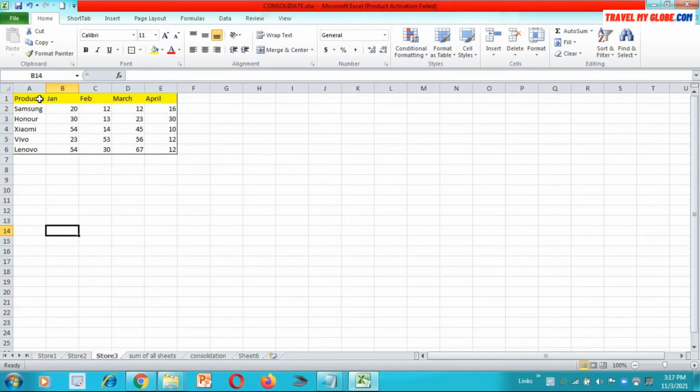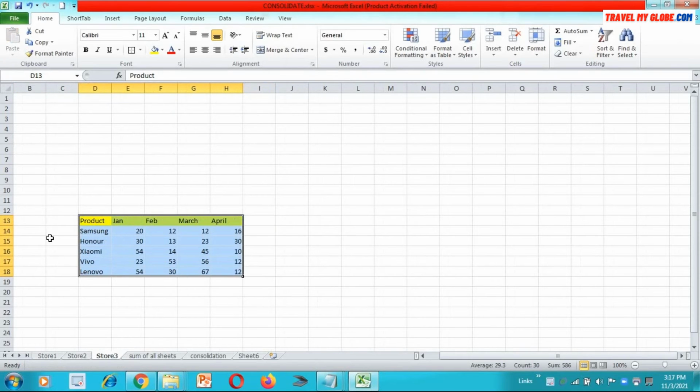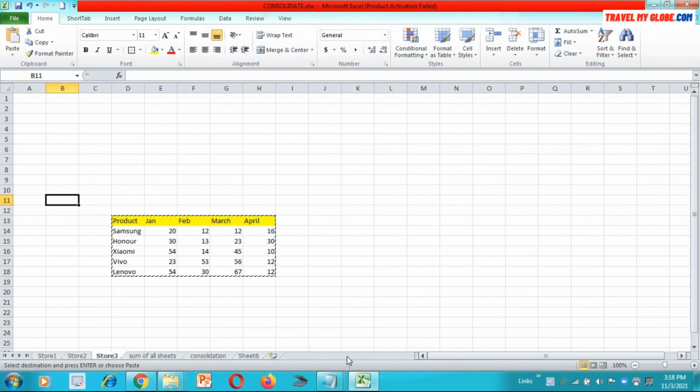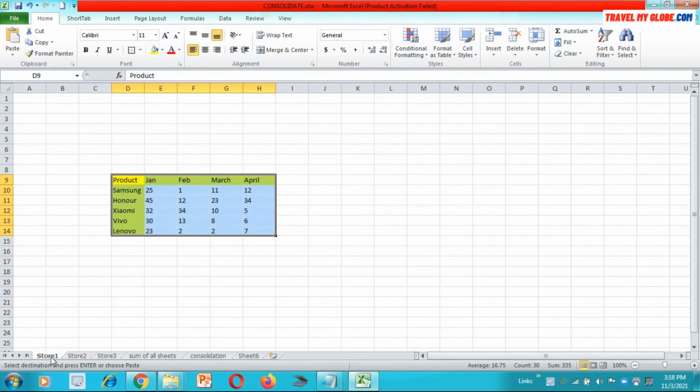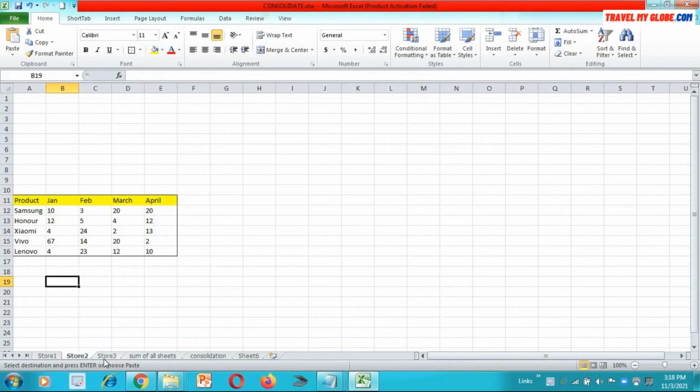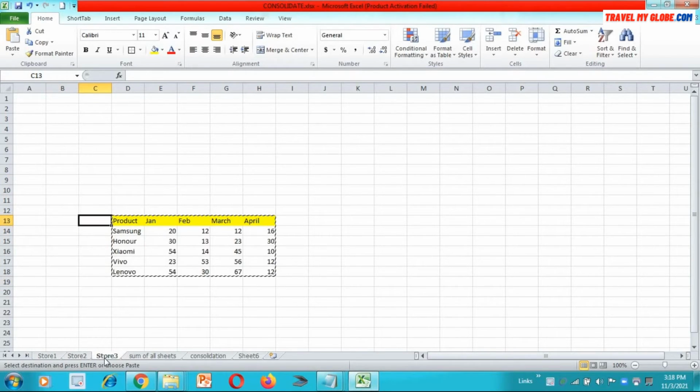And in sheet 3 this data is at a different position, like you may say here. This is a bit far away. Okay, so we have the data. This is sheet 1's data, this is sheet 2's data, and this is the third sheet's data.